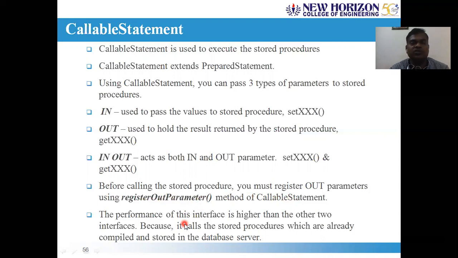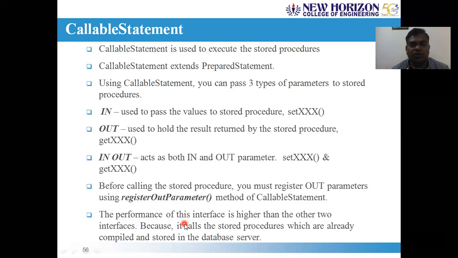For example, if you are executing 4 queries, and 4 times you need to create the statement object and process the results, all that is a hurdle from the programming point of view.